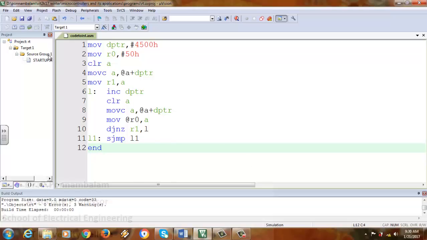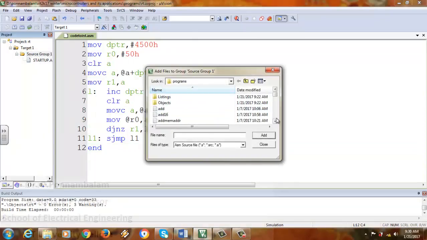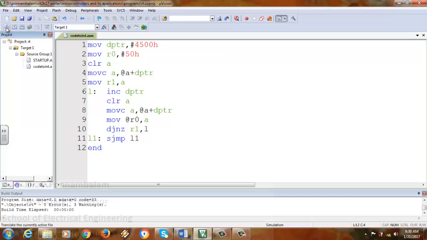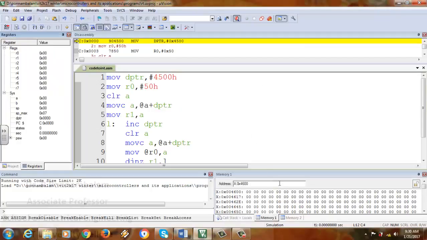Okay, now add the file code to internal. Translate, build and rebuild. Then go into start stop debug session. So here